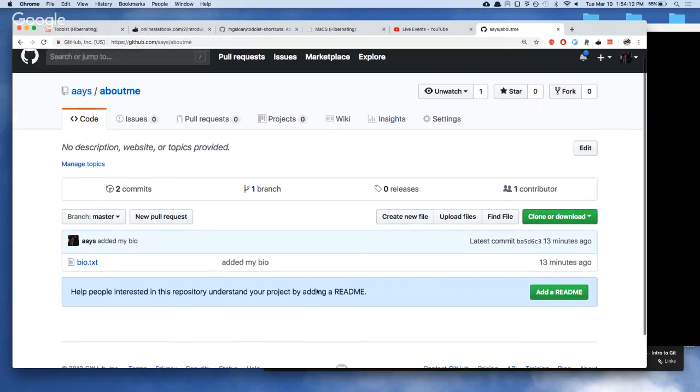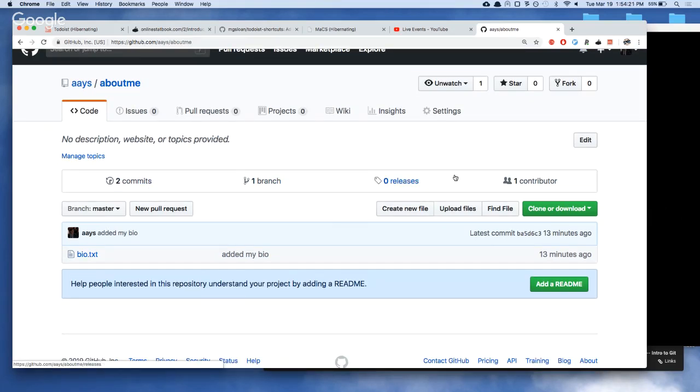Sweet. Okay. And so this is our bio file. You'll notice it says "added my bio," which is exactly the commit message I wrote earlier. And on top of that, if you look at this bar up here, it says there's 2 commits, the commits we've made essentially. Excuse me. 1 contributor and all,